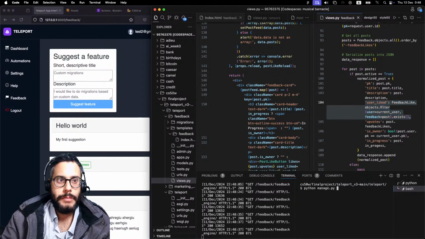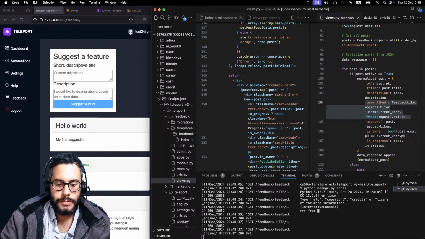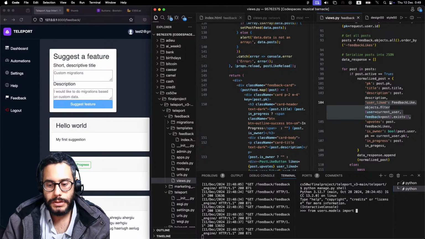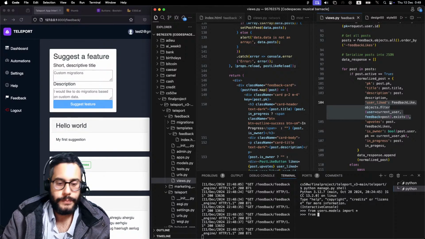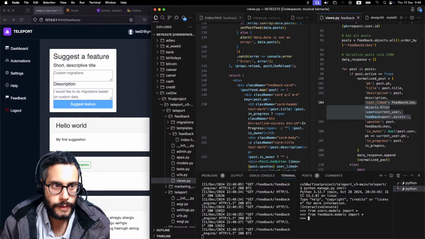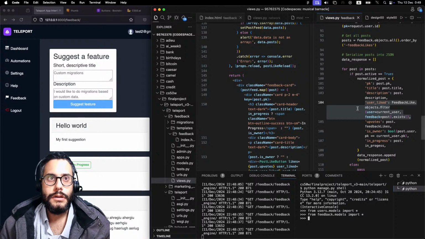Python manage.py shell, and then from users.models import all, from feedback.models import all,